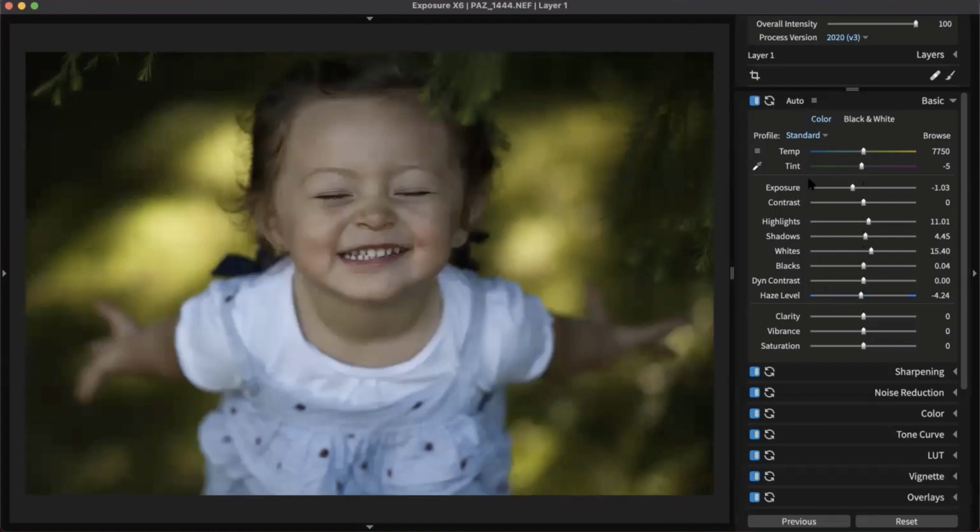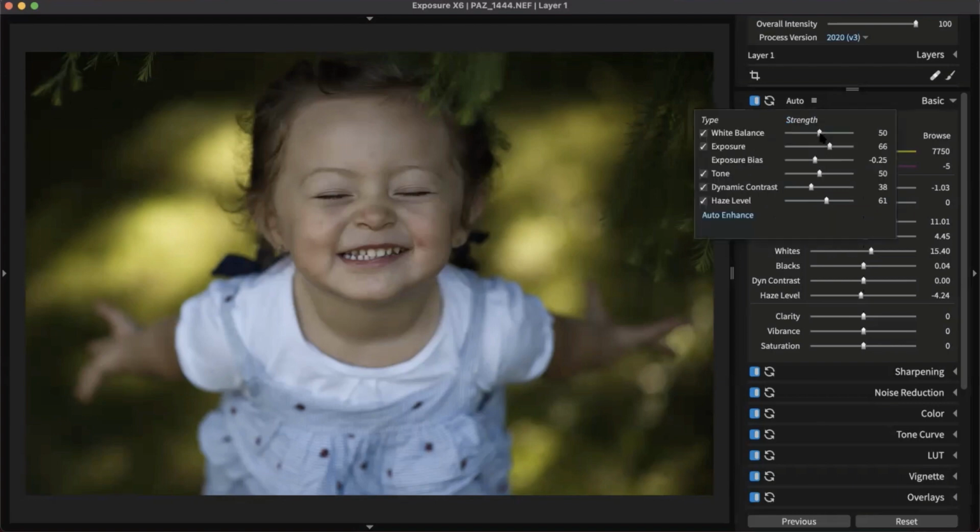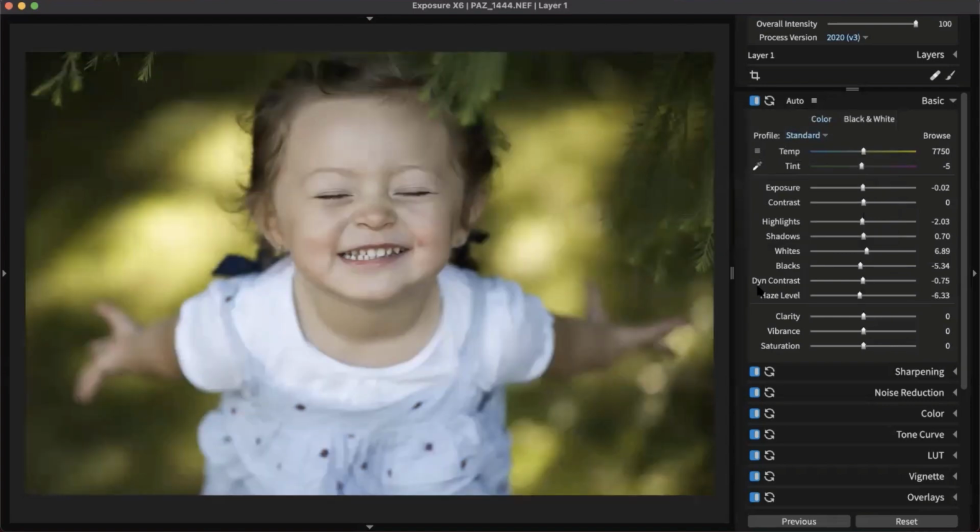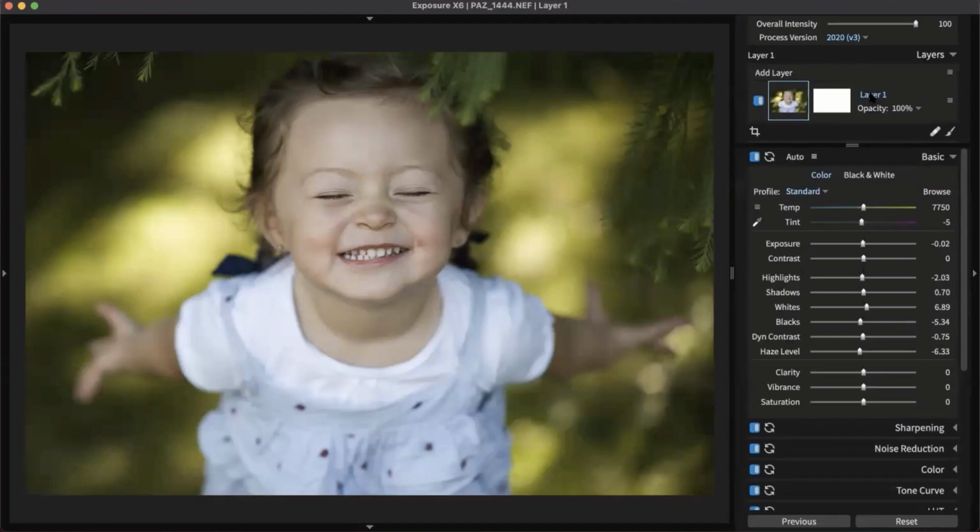So hey, I've been using this for doing some other landscape work just recently, so I have made some adjustments to it. And yeah, it's a little dark. But that's okay. I just wanted to see what it would do. Inside of our auto adjustments, I can reset all of this however I want it to be. And so I'm just going to raise the exposure bias and then do it again. There we go. Okay. So now that we have our basic edits set on this layer,